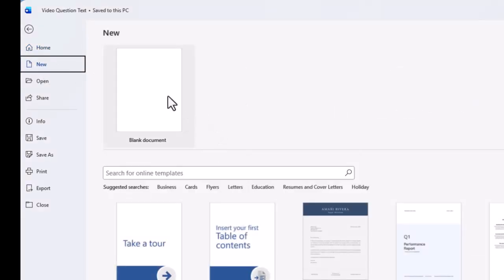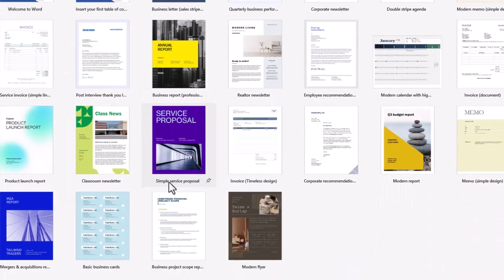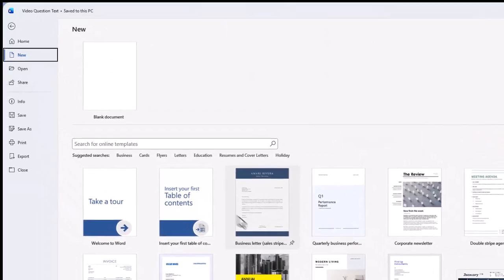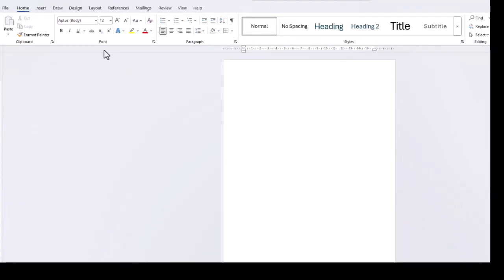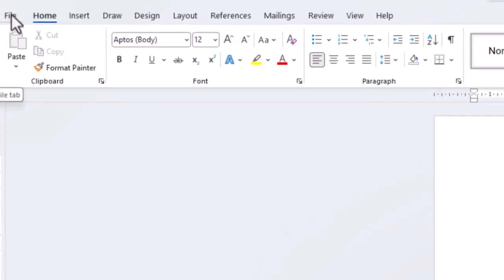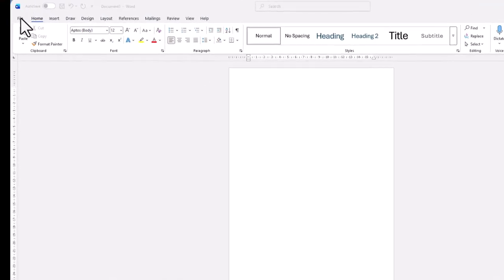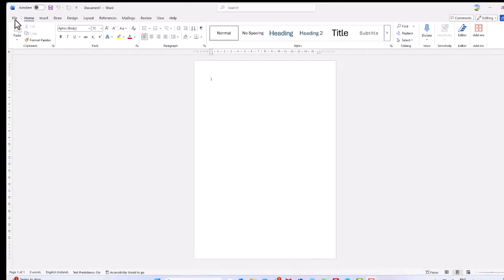And if you want a particular kind of document, you can select it down here. There's a good selection of templates you can use, but we're going to use the blank document. I'm going to save it first in order to avoid any calamities later. I'm saving it on OneDrive, so I'm going to go to File,